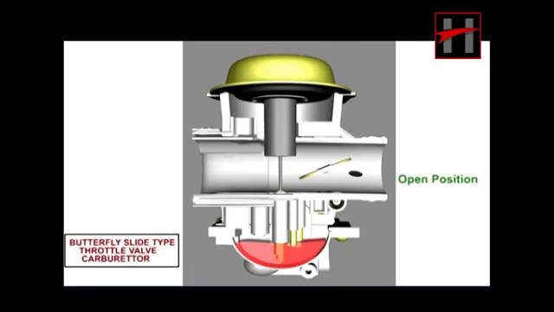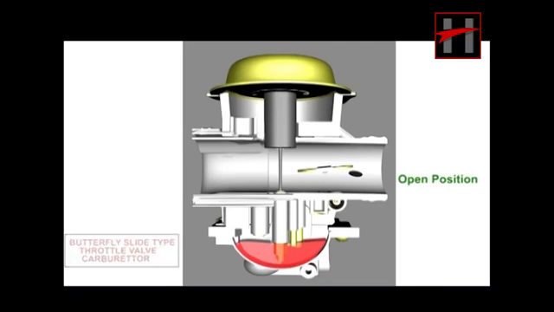When the pressure drops in the venturi, the pressure in the upper chamber of the diaphragm also drops due to the hole provided in the piston valve connecting the upper chamber to the venturi. The lower chamber of the diaphragm is at atmospheric pressure. Due to the pressure difference between the upper chamber and the lower chamber of the diaphragm, along with the piston, the jet needle is lifted up for allowing the required air-fuel mixture. It is clear that the lifting of the piston is controlled by the opening of the butterfly slide valve.